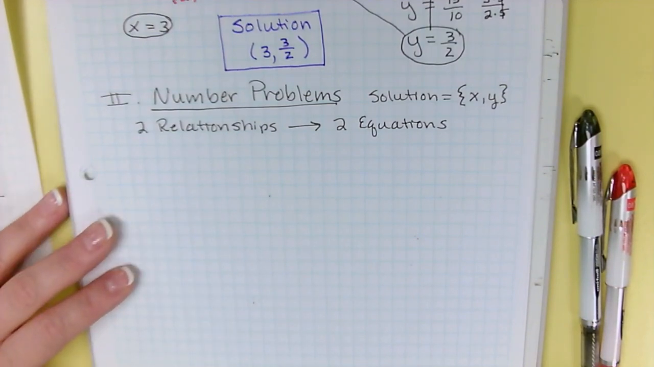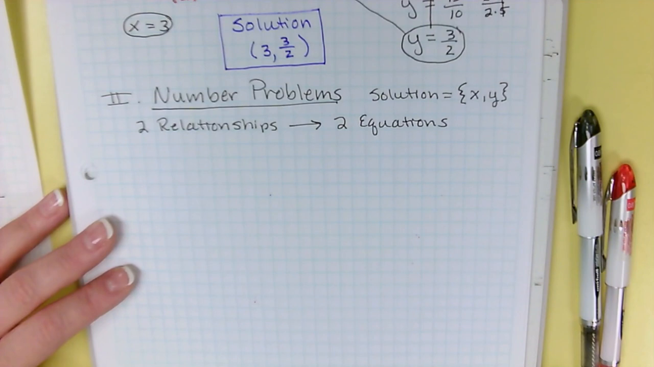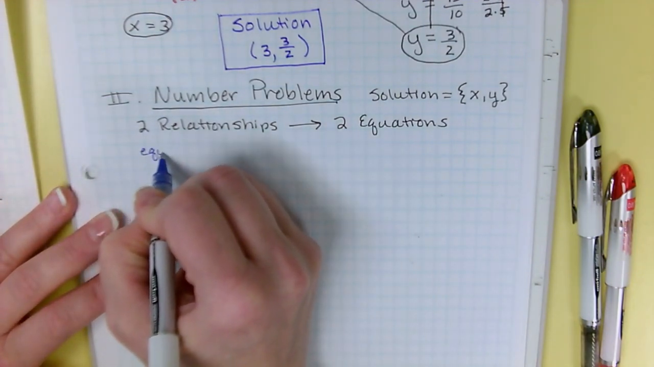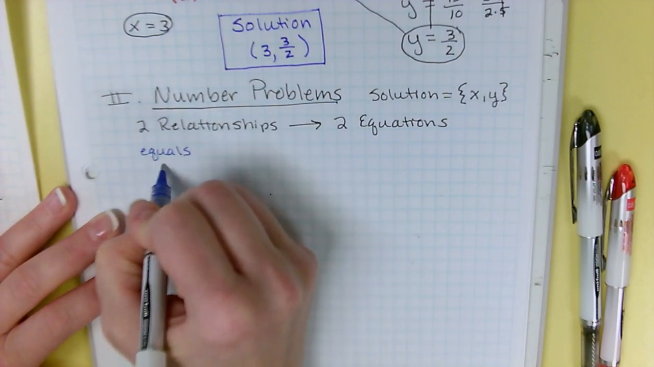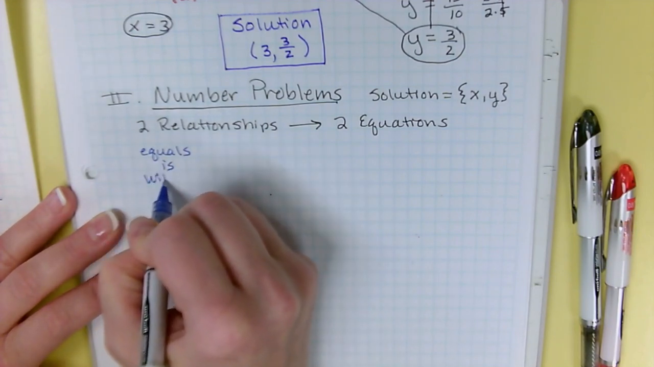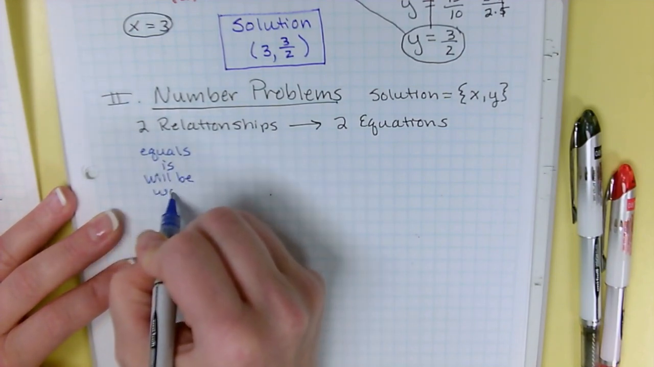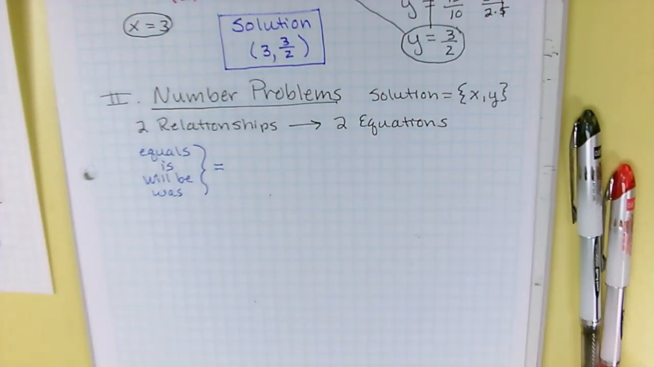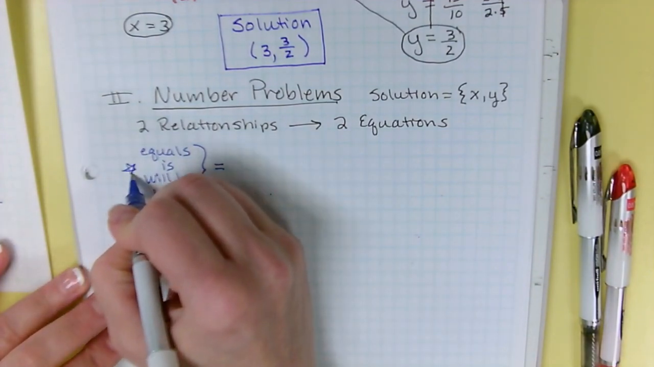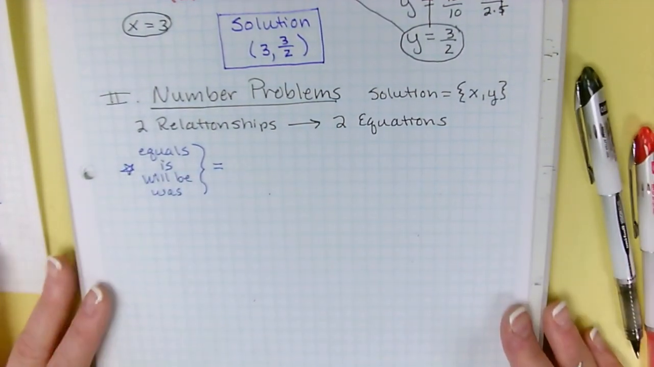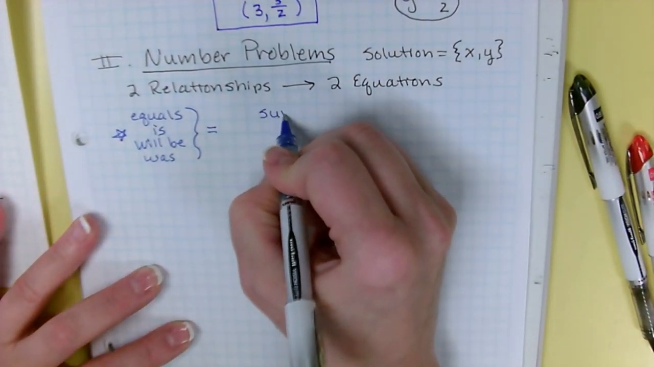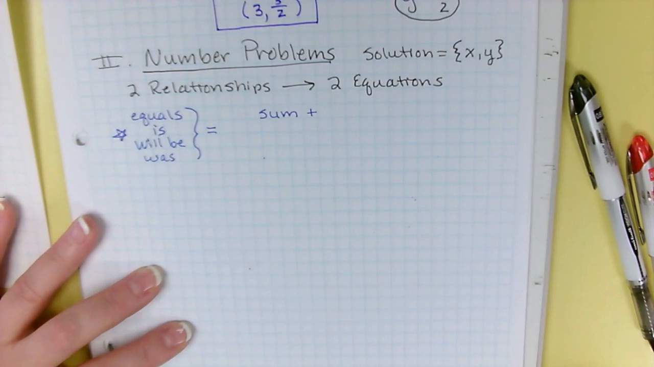Some of these you'll know exactly what it means. Others maybe you haven't thought of. Real important words are words like equals, is, will be, or was. All of those indicate an equal sign. So those are really important words to look for, probably the most important. Other words that you're going to need to know are, some of these, sum, which means add,